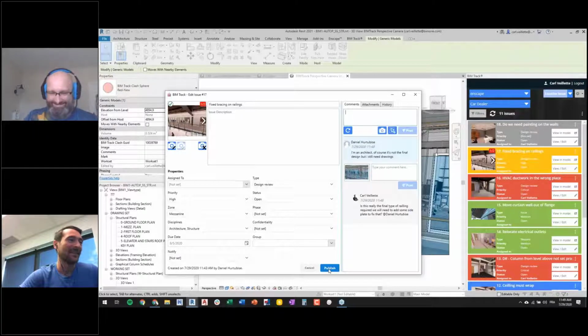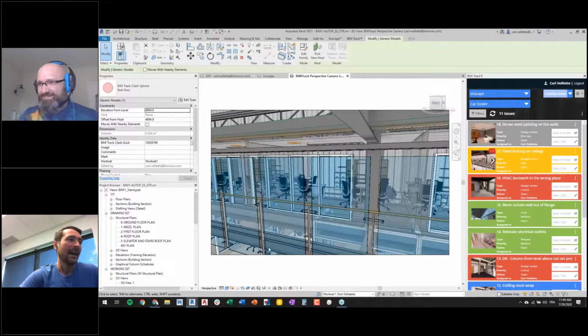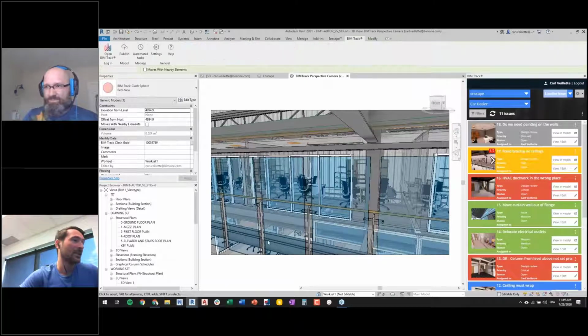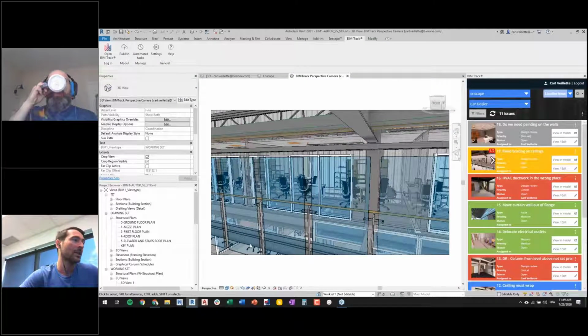So I'm gonna say, okay, well, this is fine, and I can proceed with the changes here. Revise the structure, save my model. Daniel's reloading the latest version of the model on his side, and then he will obviously see the things updated in the live rendered session in Enscape.